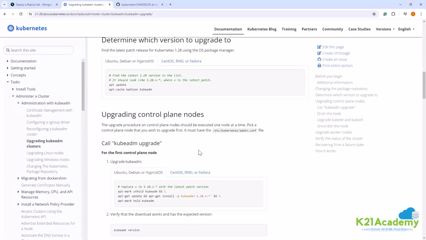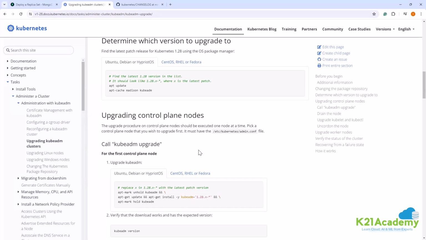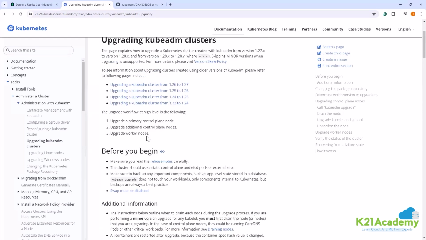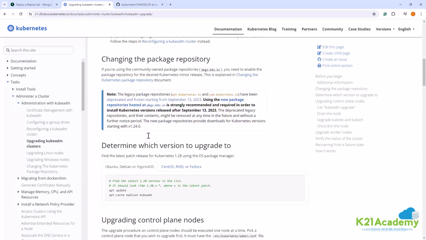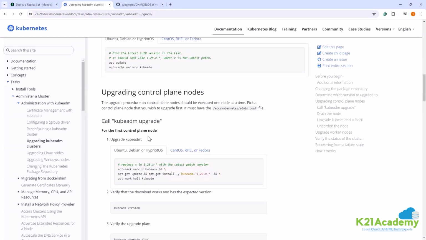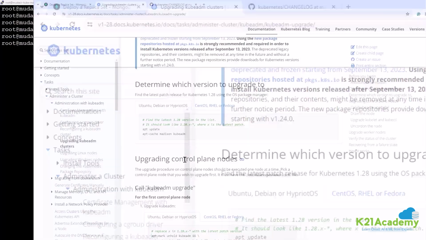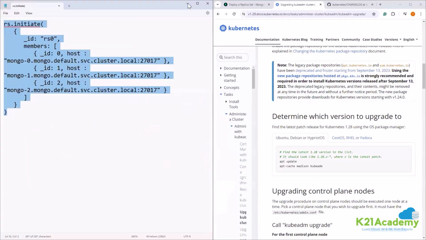So in our scenario, first we need to start by upgrading our main control plane, the master node, and then go for the worker nodes. These are the commands given in the documentation, and I'm executing those commands